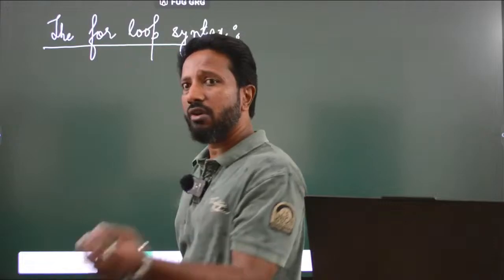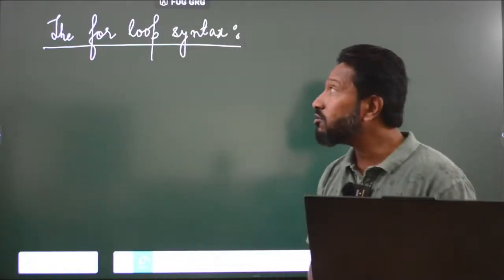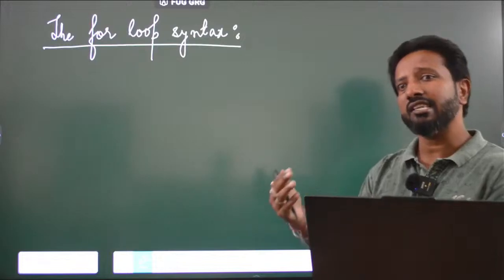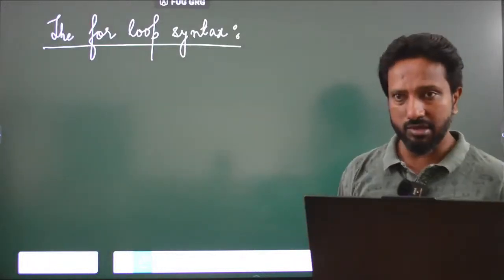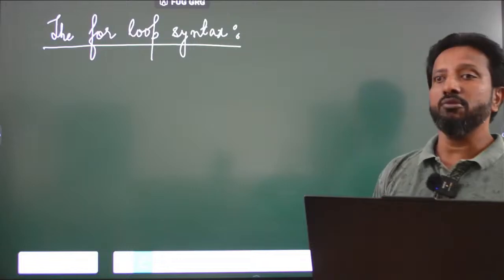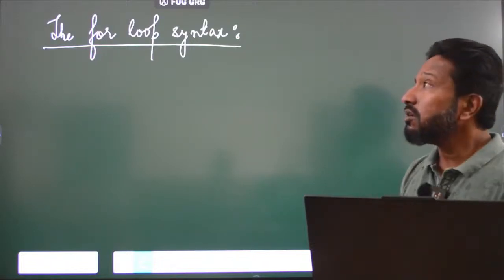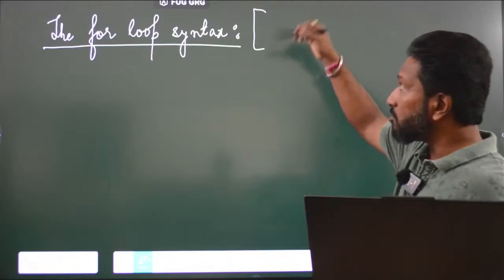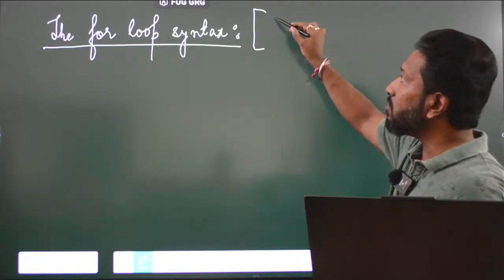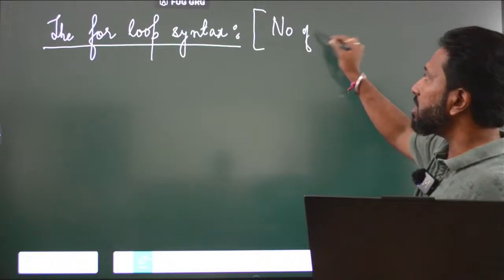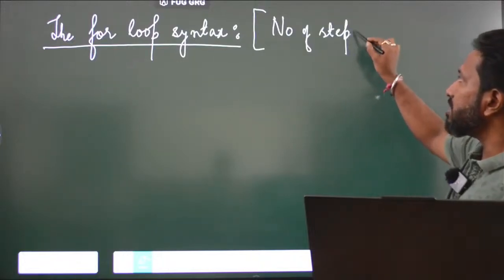Guys, we have already discussed that looping statements are used to perform something that is repeated multiple number of times. When we are uncertain, we use the while loop or the do while loop. When we are certain, to be precise, if we know the number of steps, if this is finite,